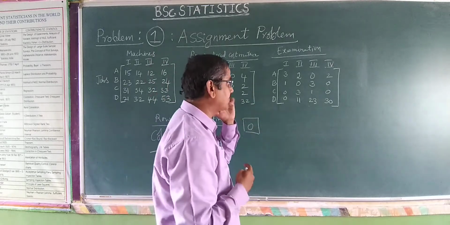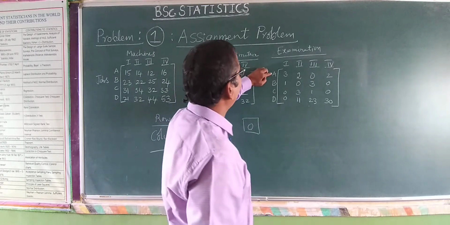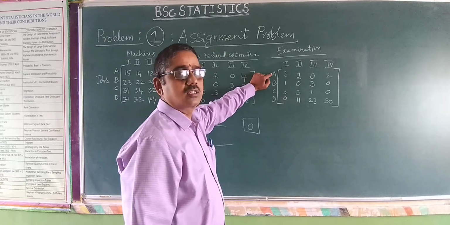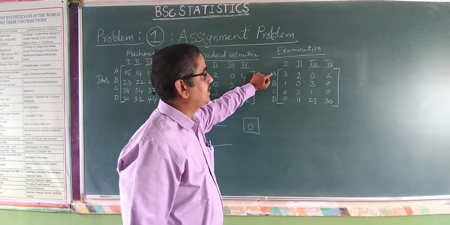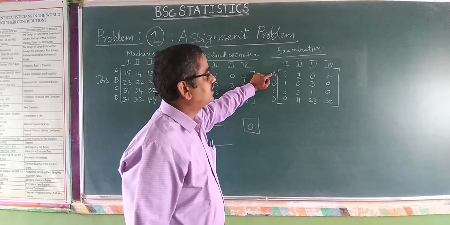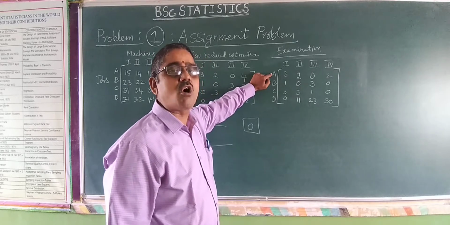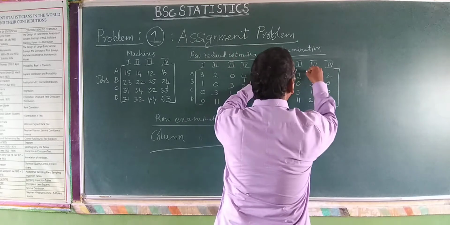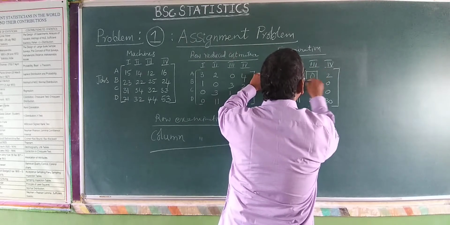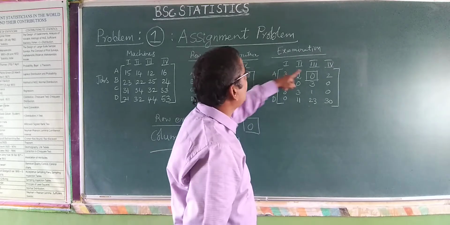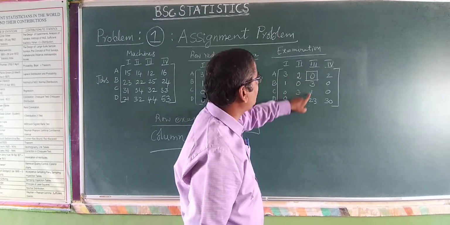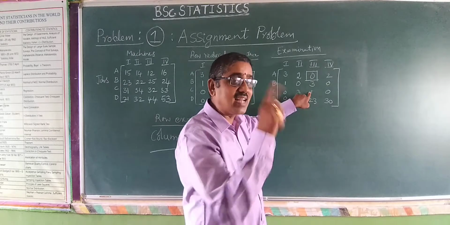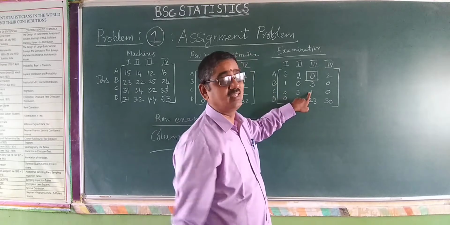So now you start the examination. You see here, whether a single zero is there or not in the first row. Start the row examination, consider the first row and check whether we have 1 zero, a single zero, or not. You see here 3 2 0 2, a single zero in this particular row. Then en-rectangle the 0 and cancel all other zeros in its column. For example, if you have any zeros, like 3 1 2 3, if instead of 1 you had 0, then you would have to cancel the 0. That is the procedure.